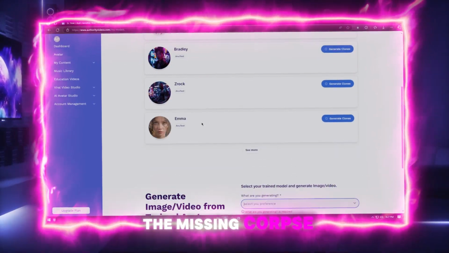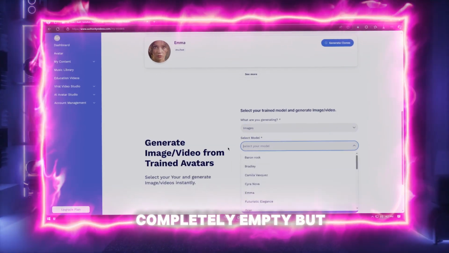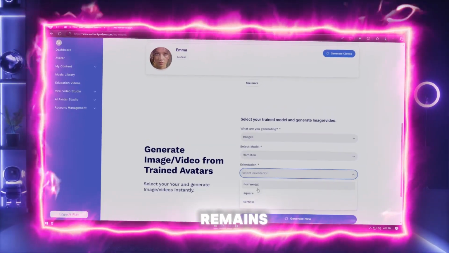The Missing Corpse, a morgue slab, completely empty, but the name tag remains.